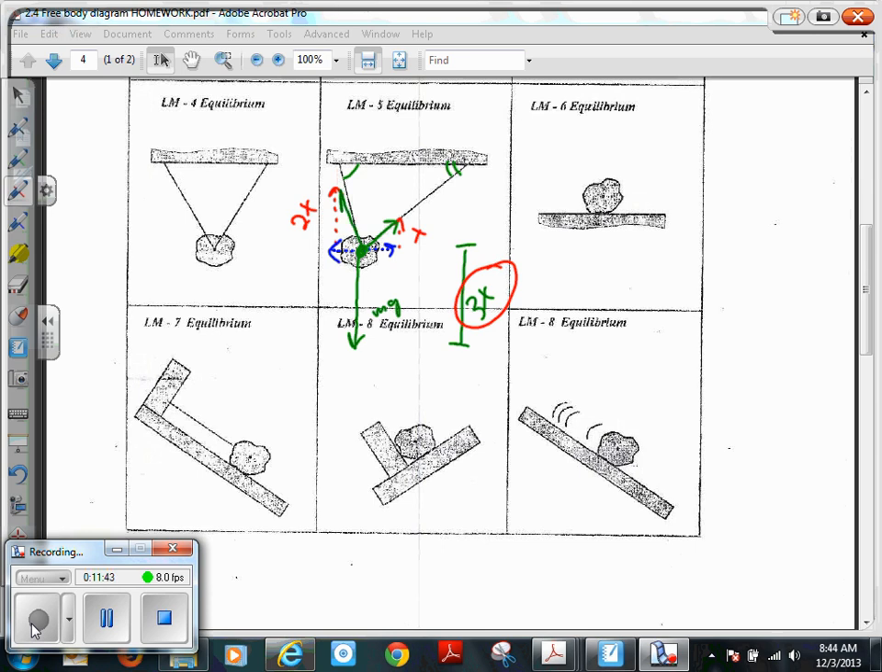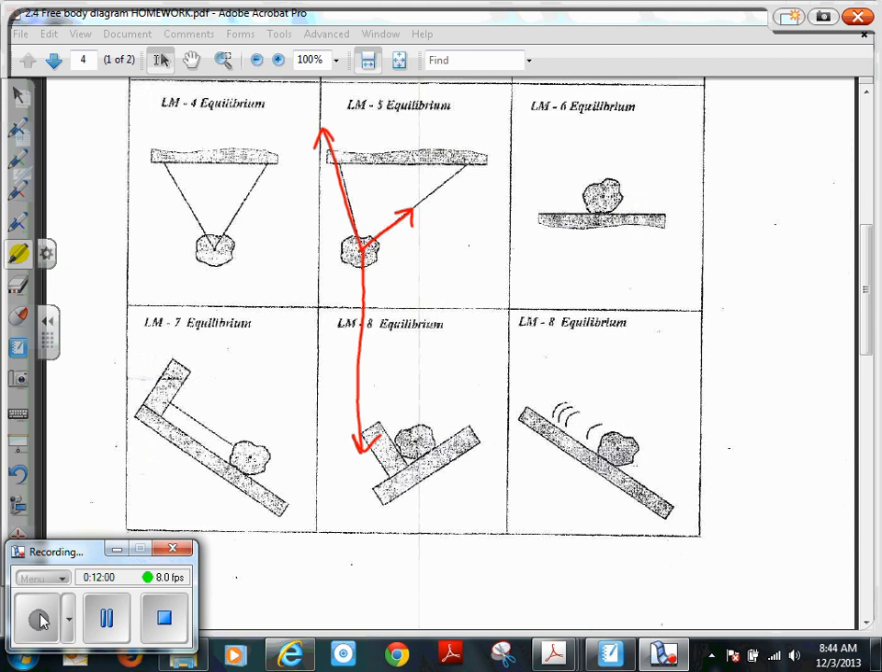We could then draw in our free body diagrams. You could call this tension 1, tension 2, and then this would be the actual free body diagram here, here, and here. Do you have questions about that? Okay, so we're going to look just a little more closely at this one so we can talk about the